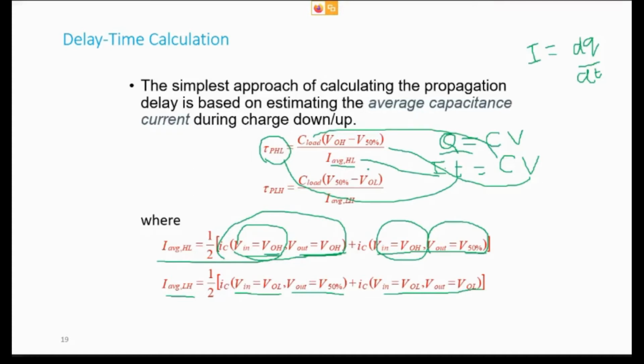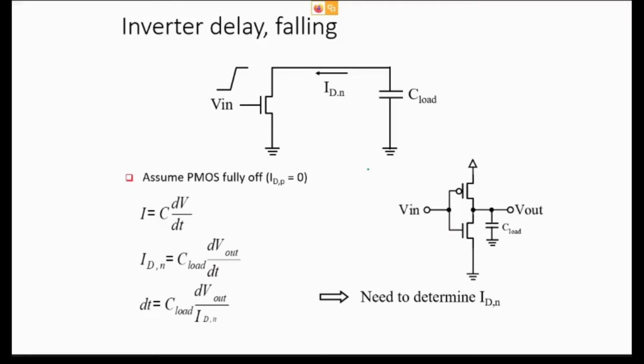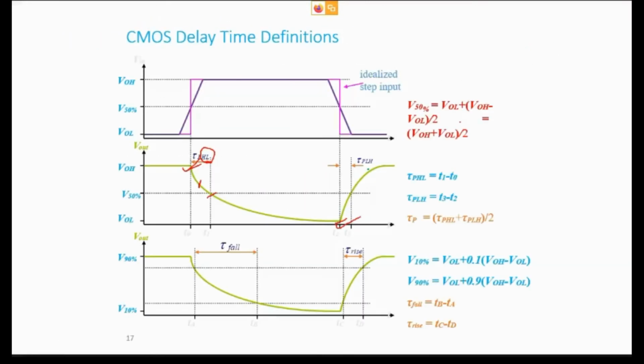But there are certain problems associated with this particular method. Now, what are the problems? If you see at this particular point, we have started from this moment and we end up in this moment. And we assume that for the entire duration, your device is operating in the same mode, but that is not the case. Actually, your device has different regions of operation.